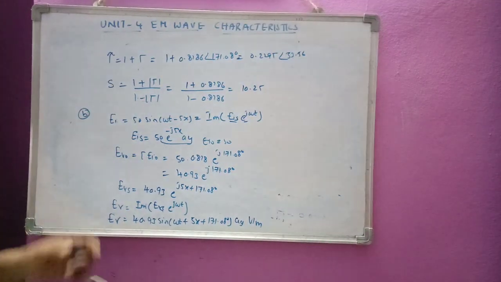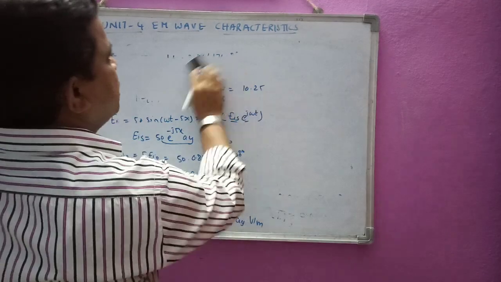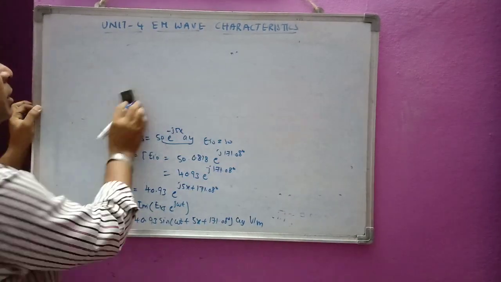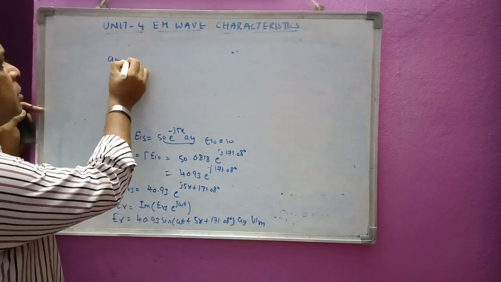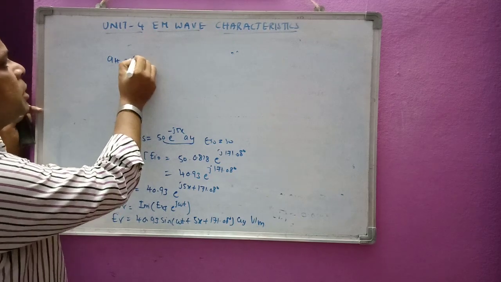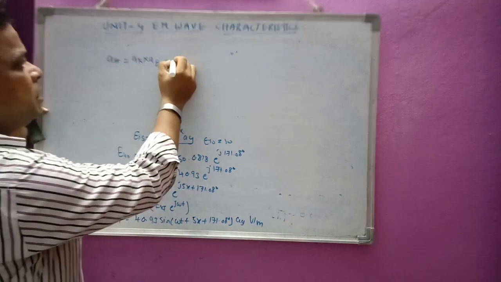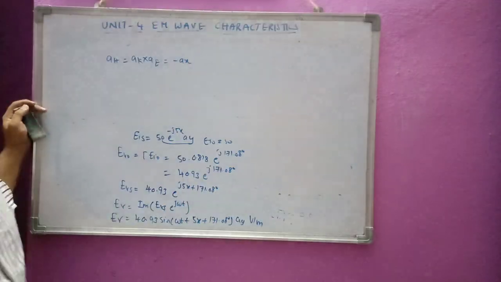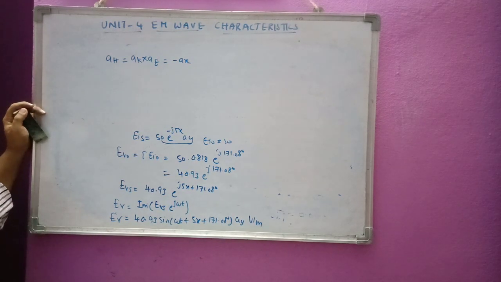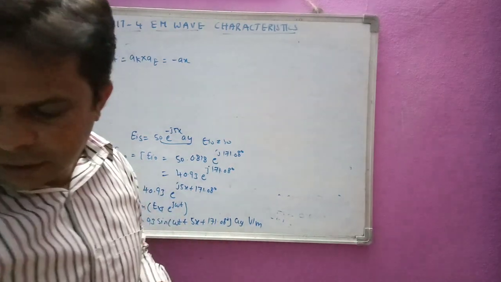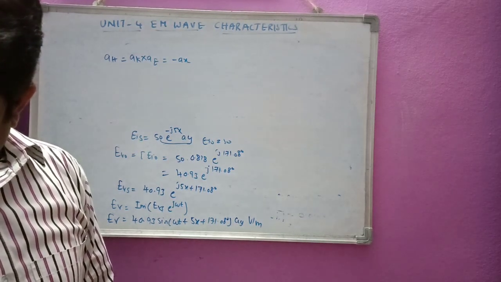Now similarly I have to find the value for HR. So I will try to find the value of HR here. In order to find the HR value, we will try to find the direction of HR. That is aH is equal to aK cross aE. aK, this is propagating in the negative x direction, that is ax. So you can check the value here. It is propagating in the ax direction. In the question itself he has given, I think, omega t minus beta x. Yes.